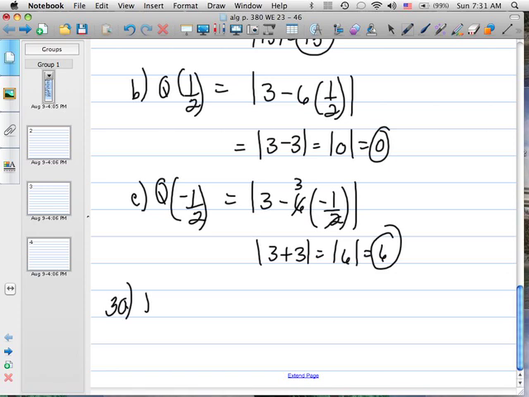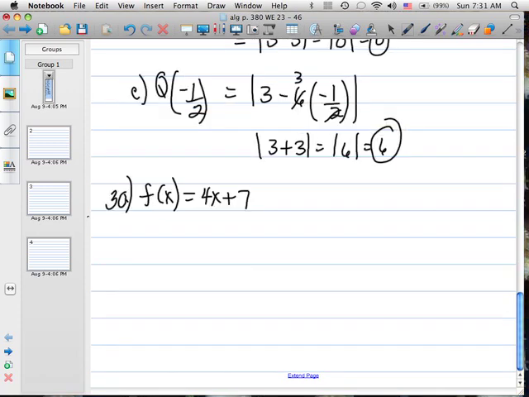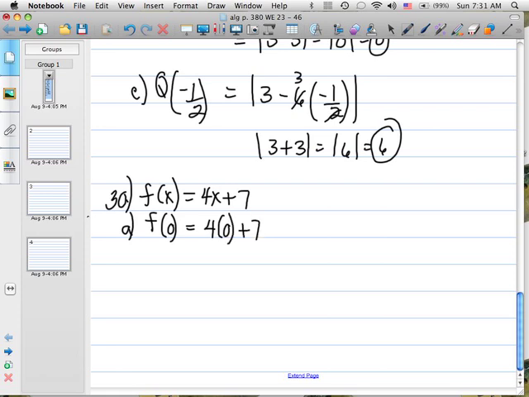Number 30, the function is f of x equals 4x plus 7. The first part is to evaluate the function at 0. So we're going to plug in 0. And we get 0 plus 7, which is 7. The second part, skip a line,